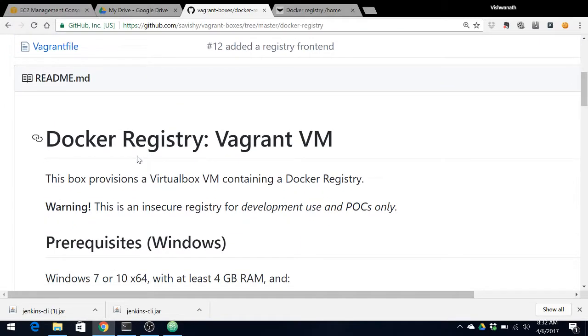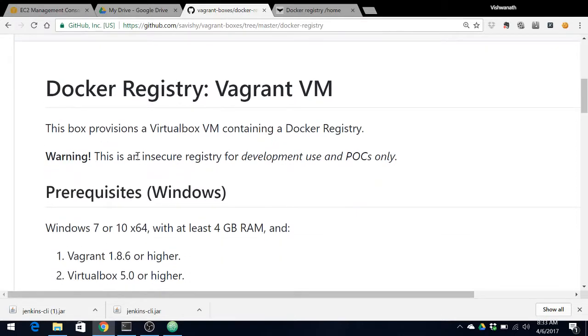All you have to do is a vagrant up, and you will have a Docker registry running on 84.84.87.88:9090. As always, the note is that these Vagrant VMs that I work on are for development use only, and my use is to develop proofs of concept that involve the Docker registry.